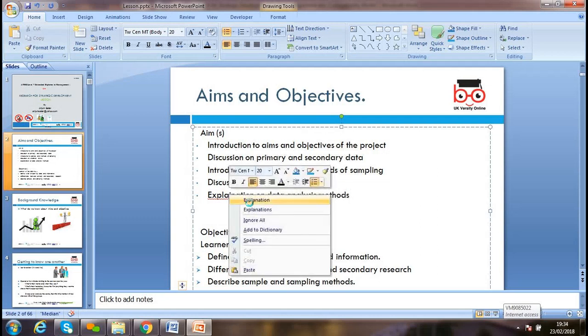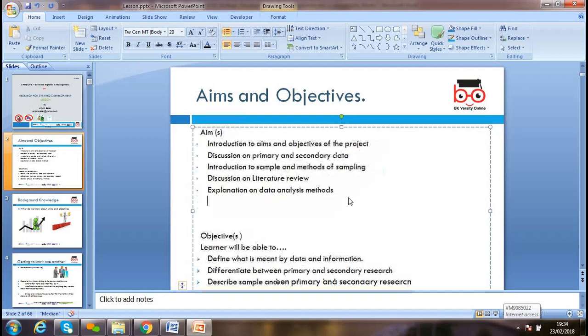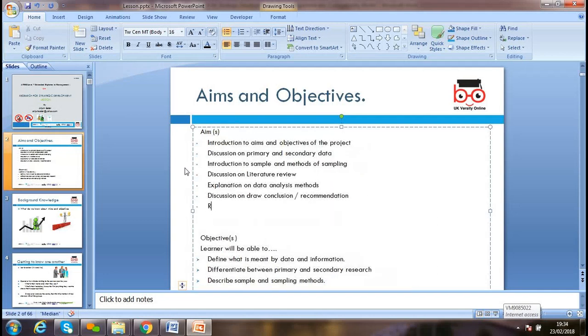Which we'll go through, and then lastly we'll go through a discussion on drawing conclusions and recommendations, on what basis and how we can draw the recommendations, and reflective